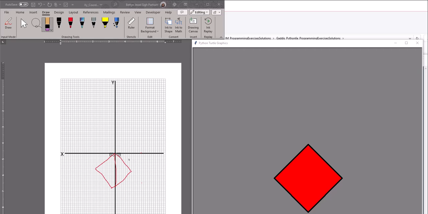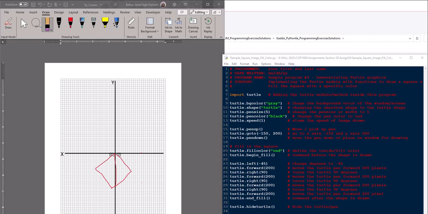For example, suppose you wanted to take this diamond and move it in this quadrant. That means up the y-axis vertically and to the left, the x-axis. Then here's what we're going to do. We're going to use the pen up, or you can just say up, turtle.up. And that's at line 15. At line 16, we're going to say turtle.goto